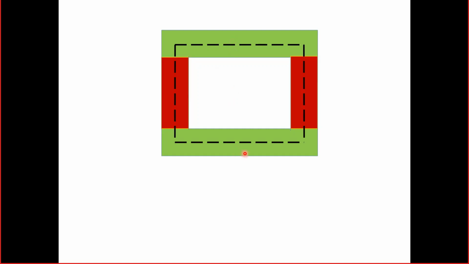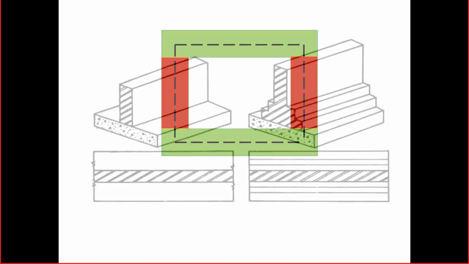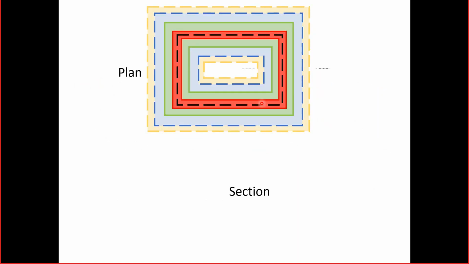Once I know this total length, I can easily multiply it with 2 and get the total quantity. Similarly for red color, the center line length is from here to here, and I need to deduct this part and this part. Why we do the deductions, I'll cover in the further slides. So I'll get the clear center to center distance, multiply that with the width, and multiply with 2, and we'll get the total quantity of red color highlighted walls, right?